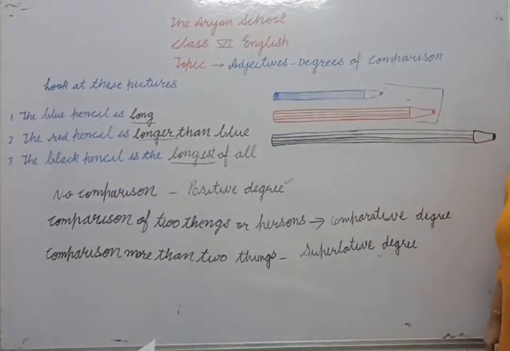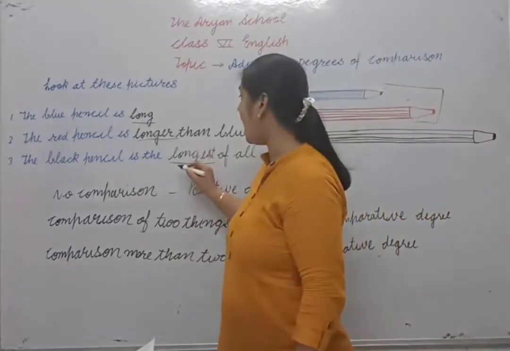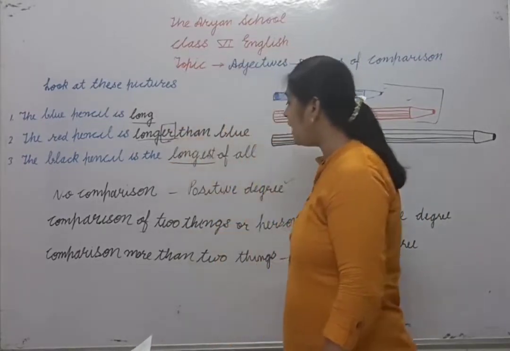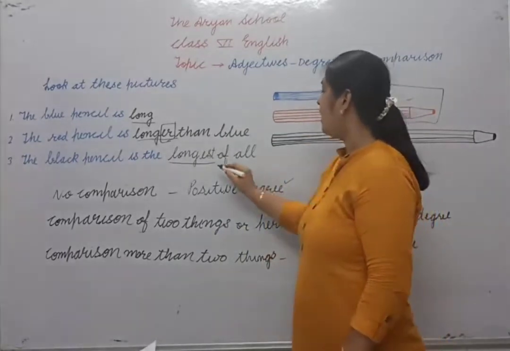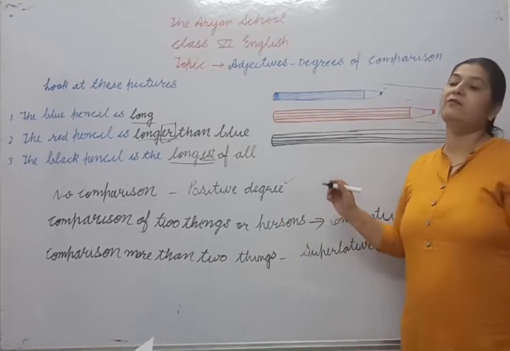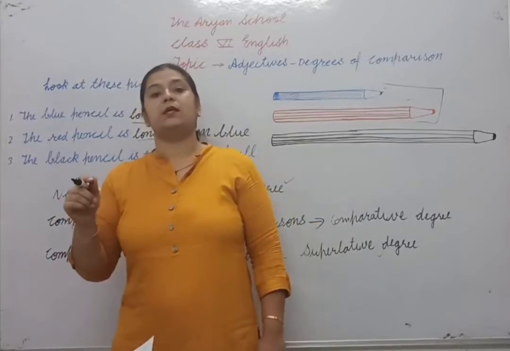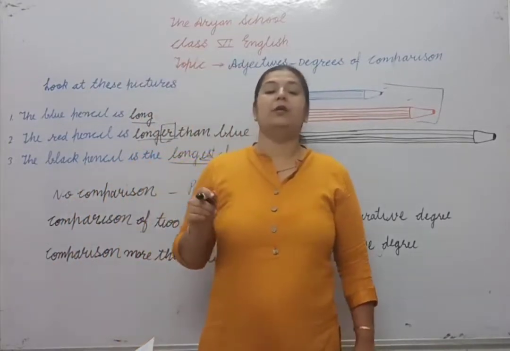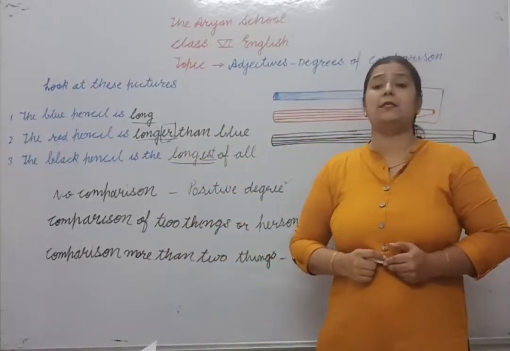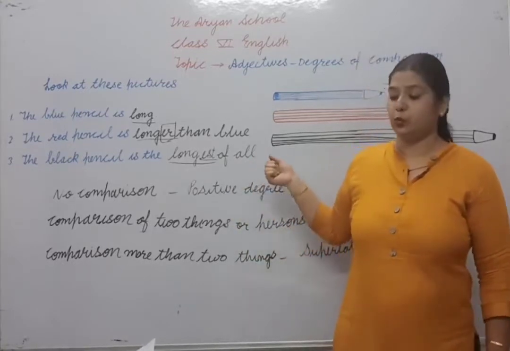This one is called superlative degree. Now one more thing that you have to understand, that in comparative degree I have used the word ER, and in superlative degree I have used with the base long, EST. And generally we do this. That is tall, taller, tallest, sweet, sweeter, sweetest, large, larger, largest. But still we have some rules to understand the forms of degrees. Let's understand with some more examples and with some rules.